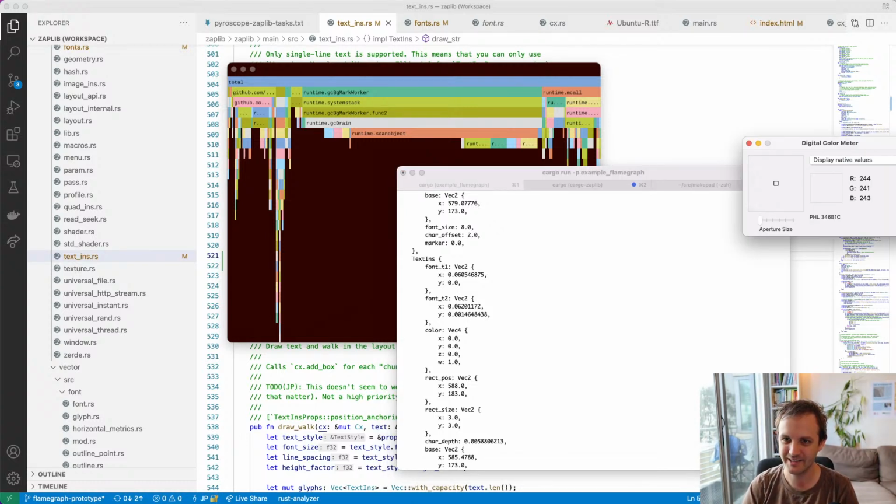Okay, are we getting Xcode somewhere? Okay, well,